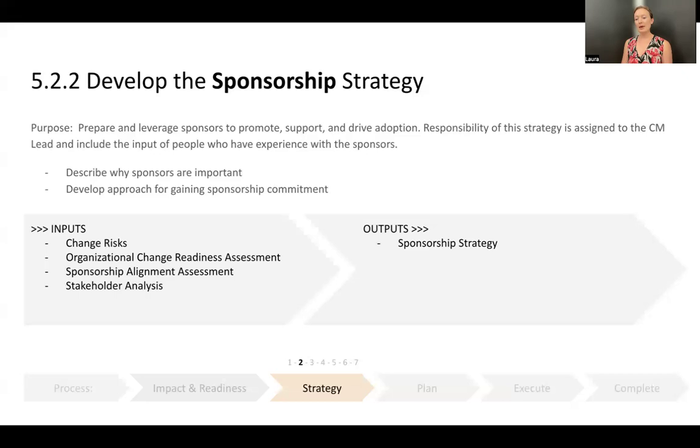Sponsorship gaps that must be addressed for successful adoption of the change should be identified, and a high-level approach for addressing the gaps should be developed as early as possible. This high-level approach includes the activities to build a coalition of sponsorship that will drive and support the sponsorship strategy. Risks to consider include a lack of sponsor commitment and support for the change, sponsorship competency gaps, and past sponsorship